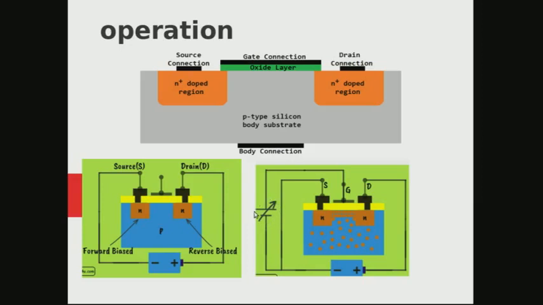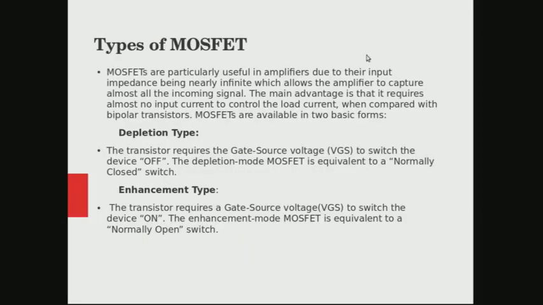So if the gate voltage is increased beyond a certain value, this induced channel will be formed between the drain and source, and there will be a current flow. That particular value of voltage is called the threshold voltage. When the gate voltage is less than the threshold voltage, the device will be in off mode. It will not be conducting, and as the voltage that we apply goes greater than this threshold voltage, the device gets into on mode.